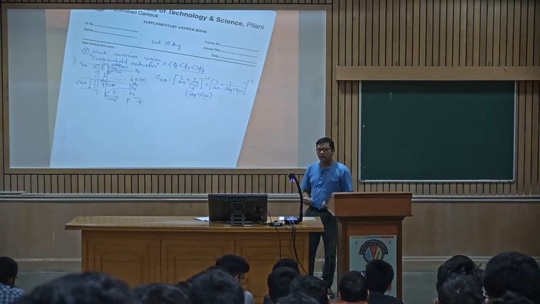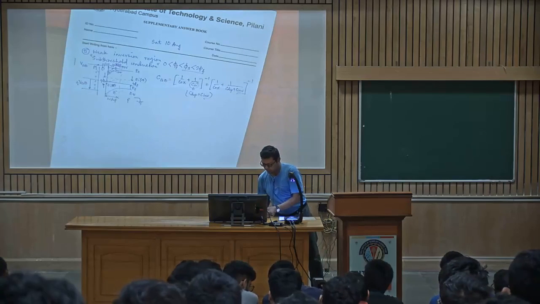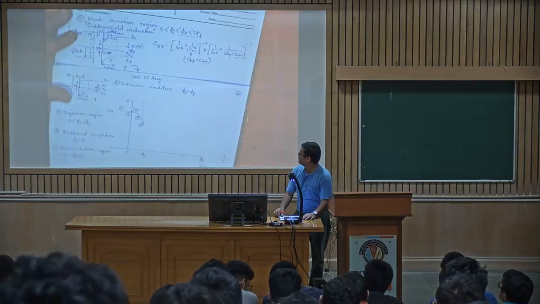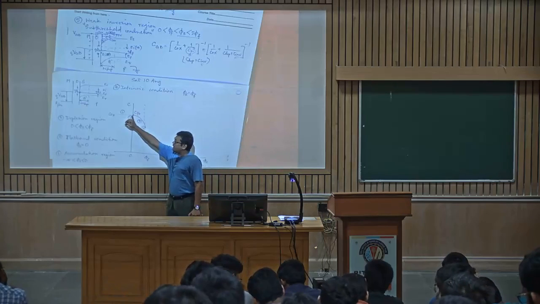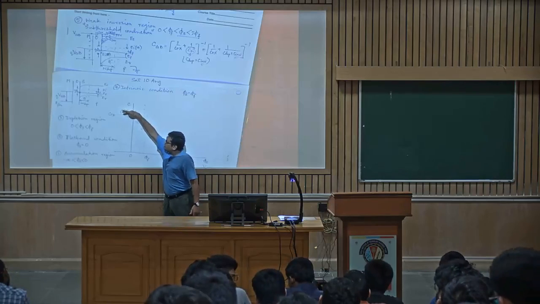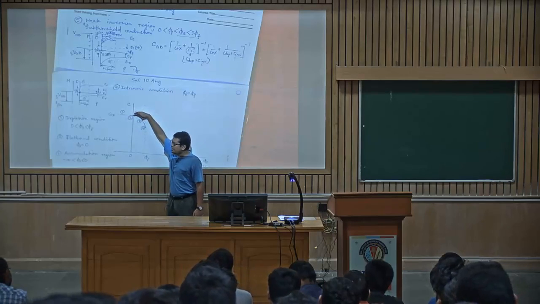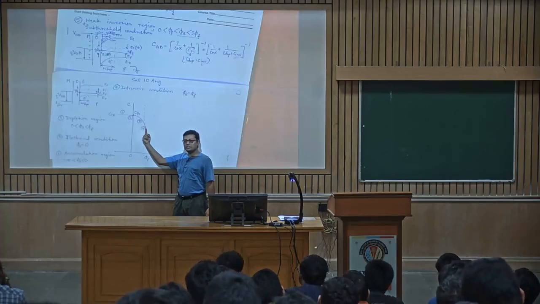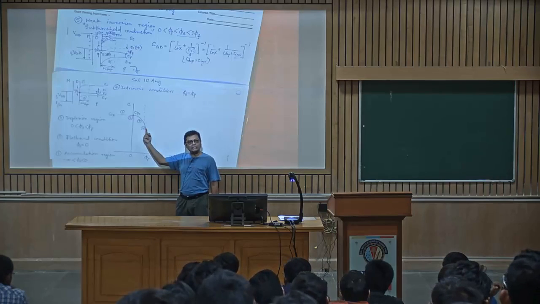Everyone with me? So now what we will observe in the CV curve? What will happen here? Notice in the depletion region it had started falling down because of C depletion. So the slope here was 0, right? The slope was 0, it was flat. Beyond that, the slope started increasing. After the inversion region, what will happen? Because the electrons started coming in, the slope will start decreasing again.